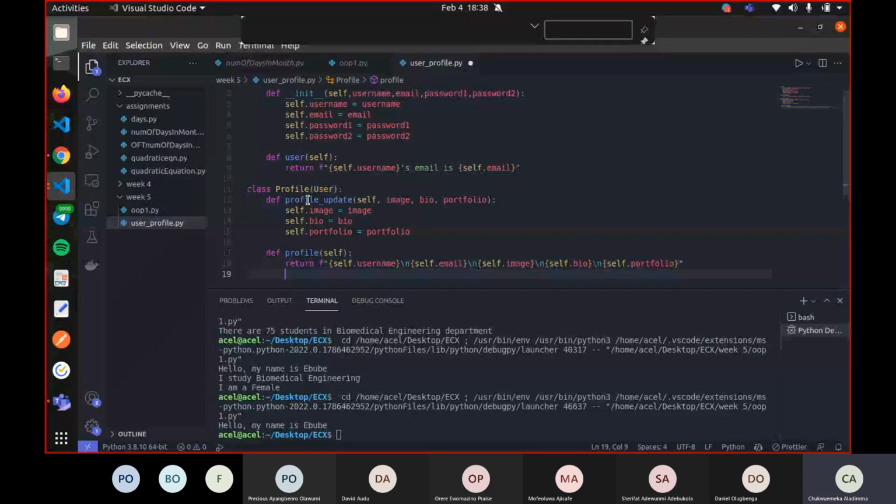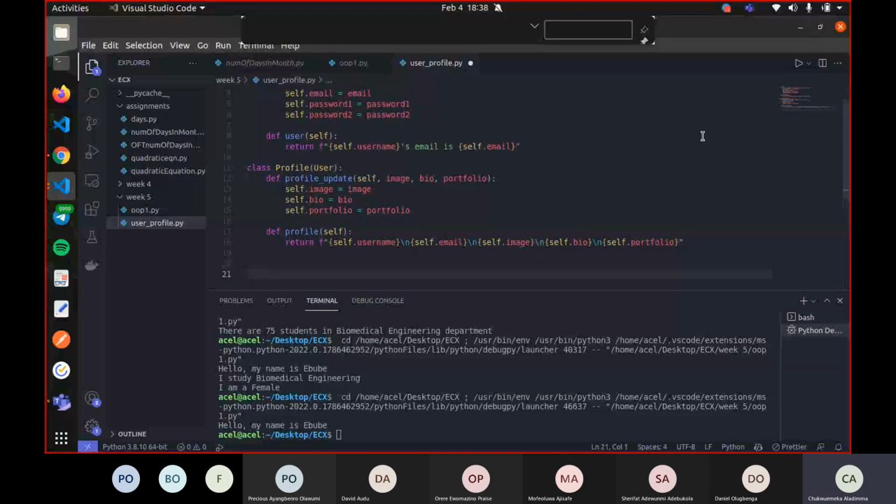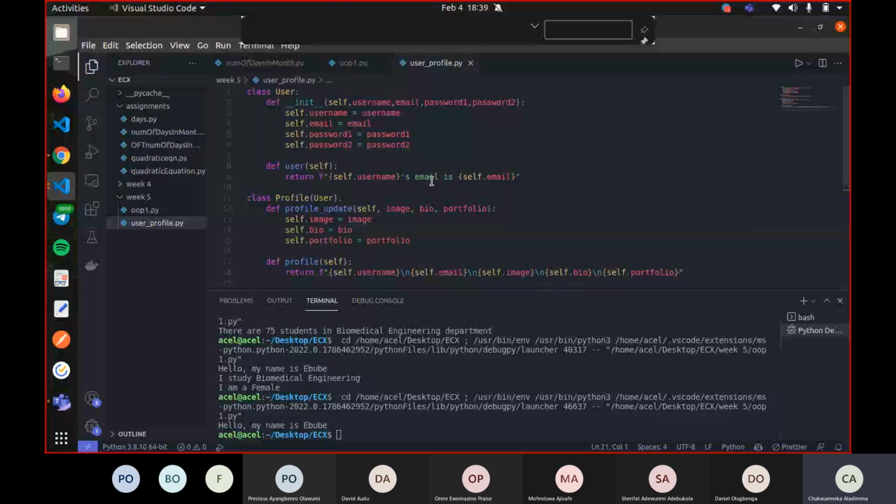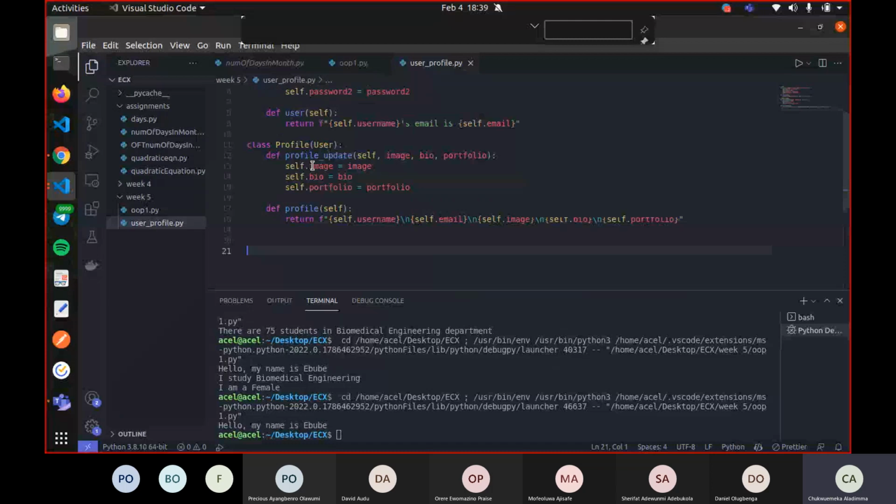These are subclasses. This is the parent class here, and this is the child class over here. So now the parent class takes the username, email, and two passwords. It has a method where you can return the username and email, and then you can extend it, you can inherit from the user class